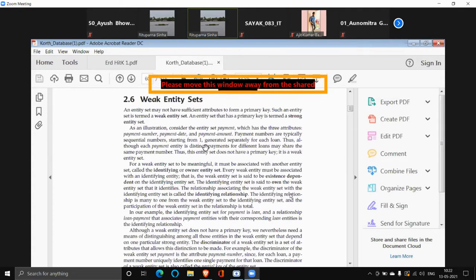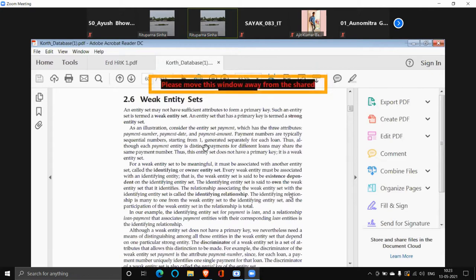I have taken a loan, I have to pay. So payment is against something else. So payment cannot stay independent. It is not the case that I only have a payment entity set and it is not dependent on anyone. Moreover, payment doesn't have a primary key of its own.